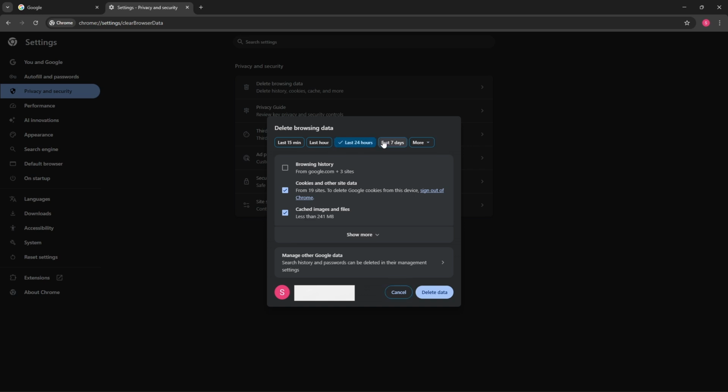And of course, you will have an option over here, last 7 days, 24 hours, but I recommend going for all time to totally reset your Chrome, and you can just simply delete the data, and mostly this can